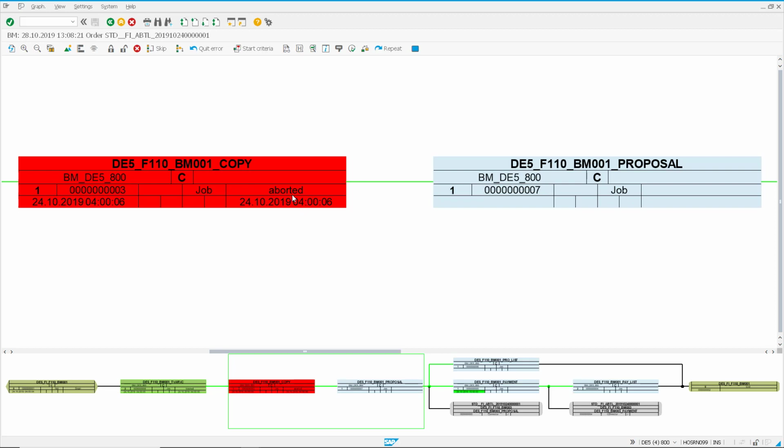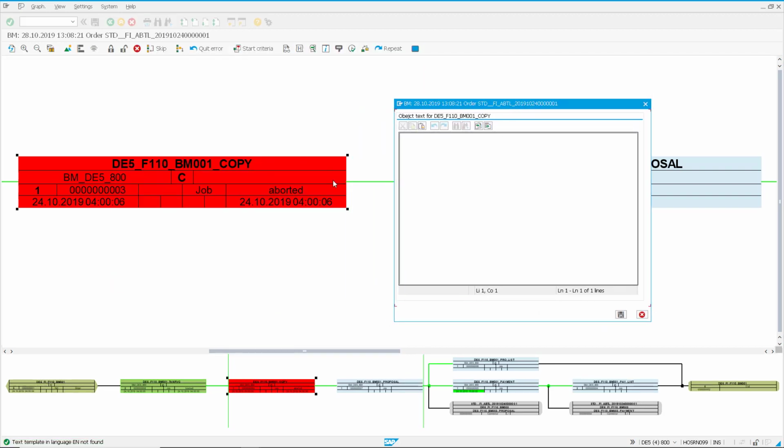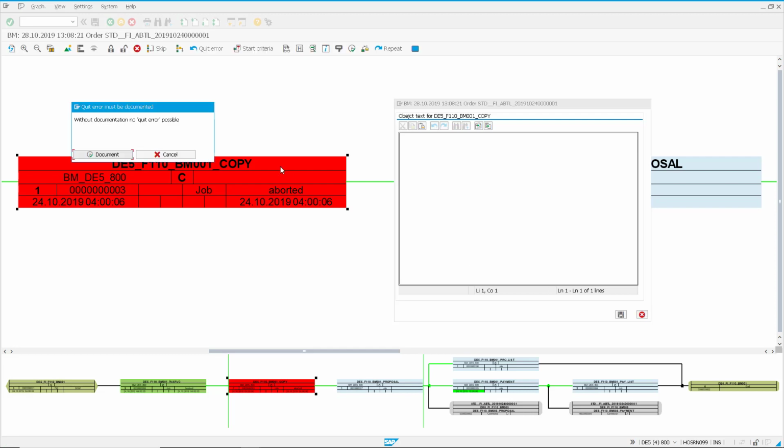Maybe we have to do a manual cleanup, and afterwards we have the option, for example, if we started the operation ourselves, we can just quit and confirm the actual aborted job, and then we can put in some information what we did at this point. But this is something I won't do now. What I want to show you is